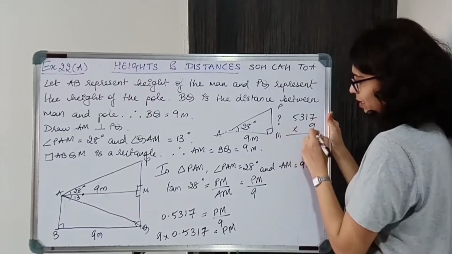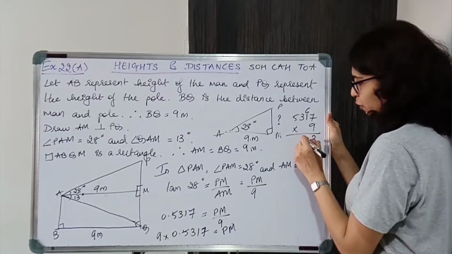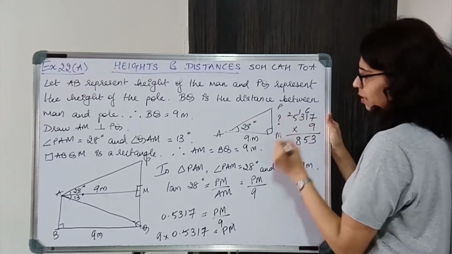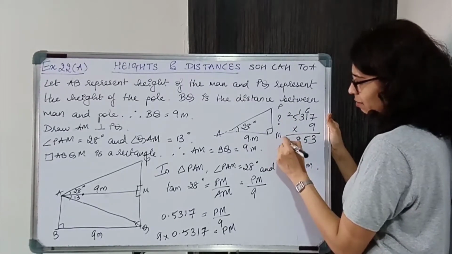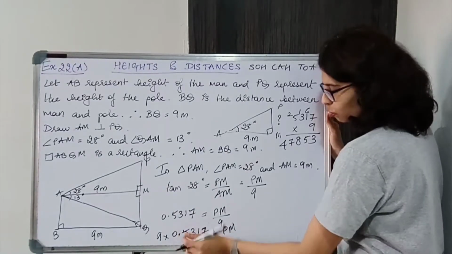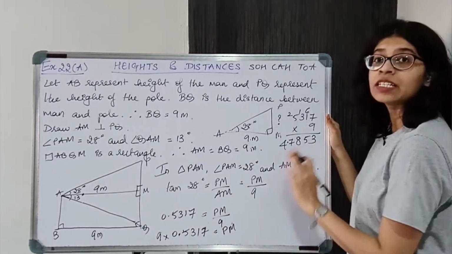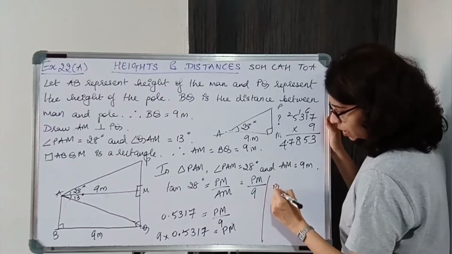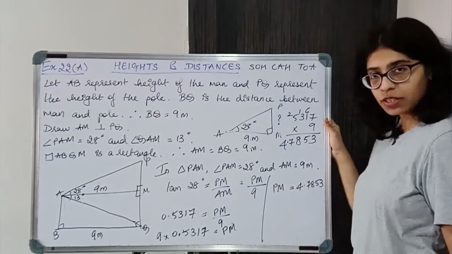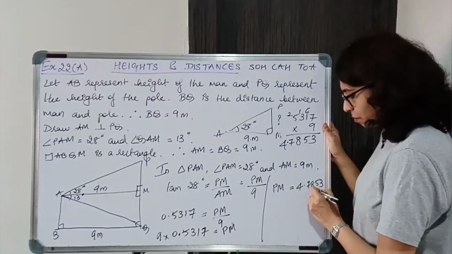So 5317 into 9, 9 sevens are 63, okay, 9 ones are 9 plus 6, that will give you 15, 9 threes are 27 plus 1 28, 9 5s are 45 plus 2 47. Now there is decimal point after 4 numbers from the right, so put decimal point after 4 numbers from the right, so 4.7853 is the answer। PM is equal to 4.7853, okay। So it's the other way around over here, just switch the sides। 4.7853 meters, don't round it off